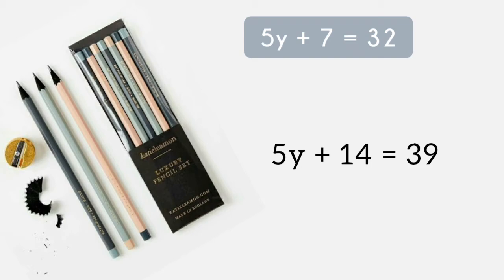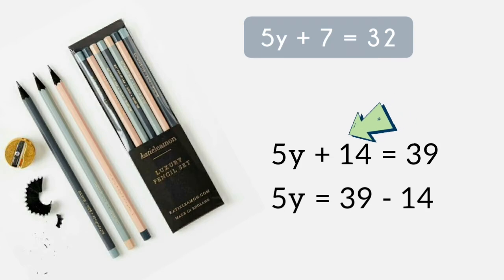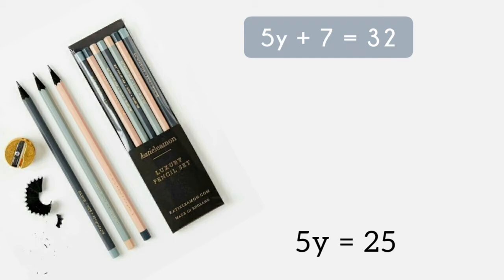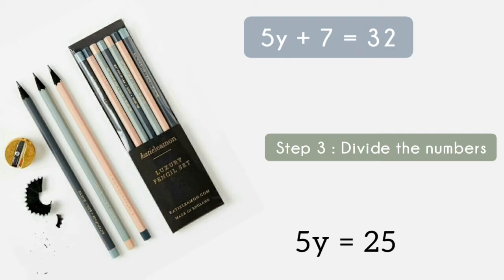After that we have to subtract 14 from 39. One thing we have to know is that whenever we take any number from the right hand side to the left hand side, the sign will change. So in 39 minus 14, the plus 14 becomes minus 14. Then we clear out the numerical statement without touching the monomial algebraic expression, the y we have to find. Finally we get the simplest form of the expression, which is 5y is equal to 25.